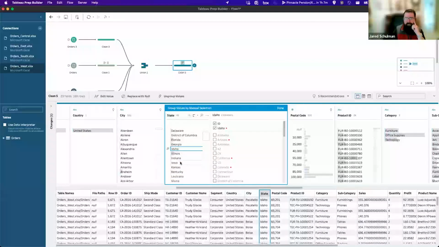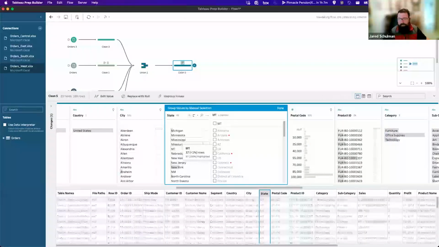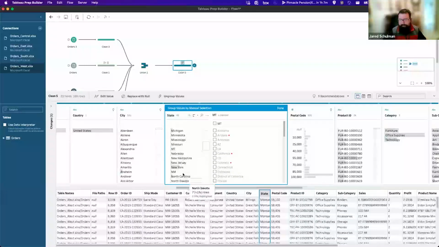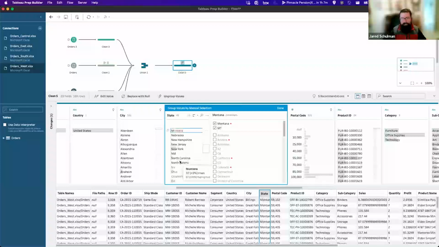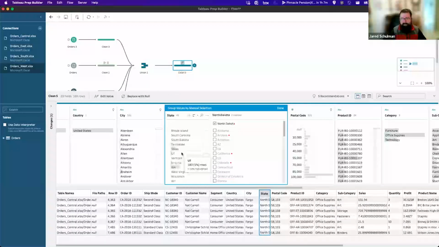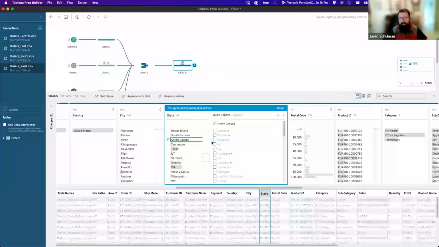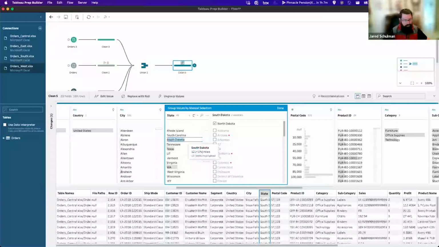If we had something that was misspelled as well, we could group that. Like if we had, here we can make a fun example. If North Dakota and South Dakota became a single state, if they joined forces together, we could take North Dakota and South Dakota and group those two together and just call that Dakota.